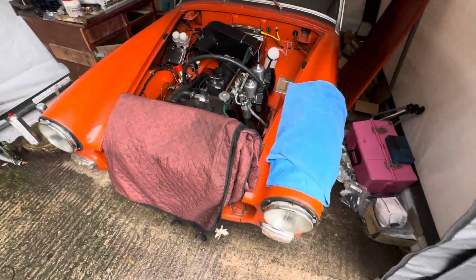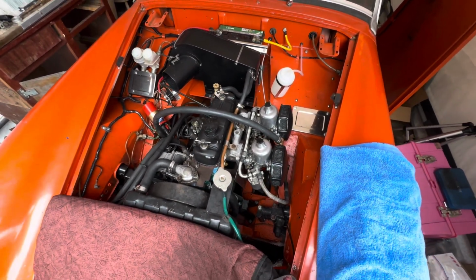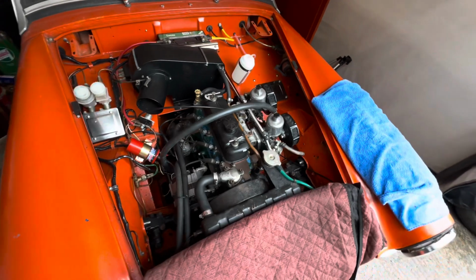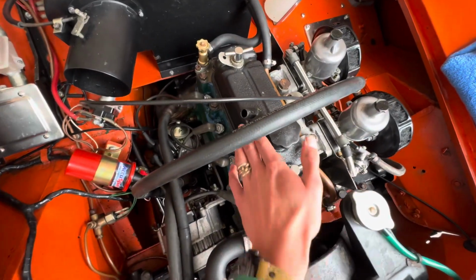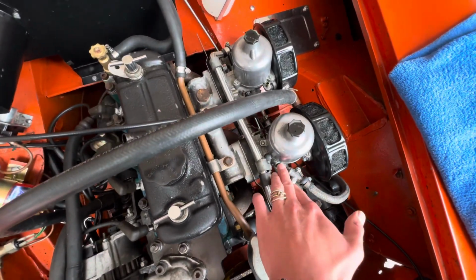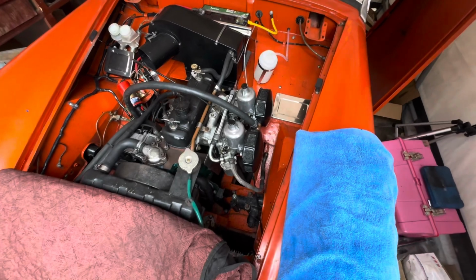Right, so you can probably tell or hear in my voice that I was a tad disappointed that this thing's still leaking a little bit of oil, but I must remember that it's gone from a torrent to a drip. So the plan of action here is new rocker cover with the breather blocked off here, new breather system that comes from these 2 points on the carbs,